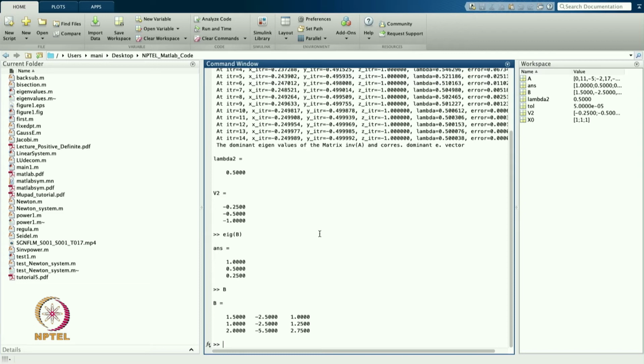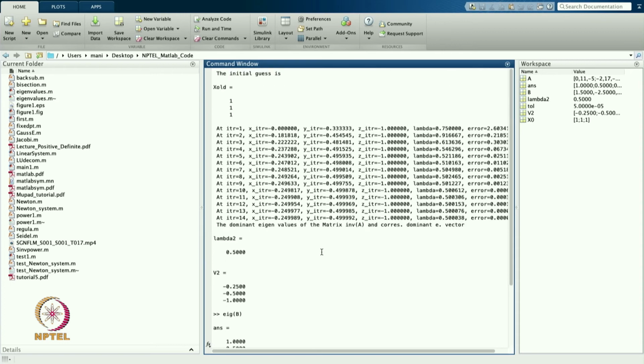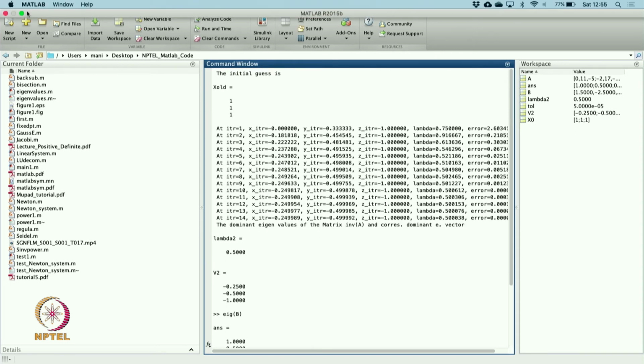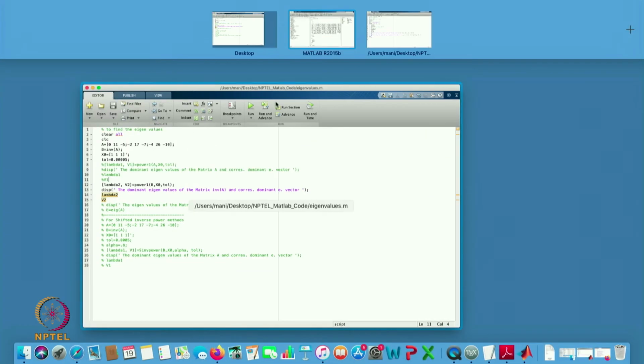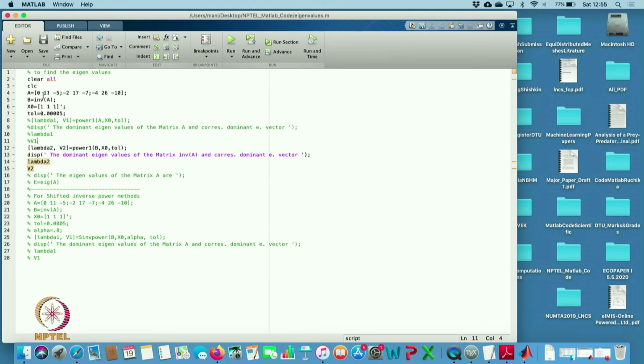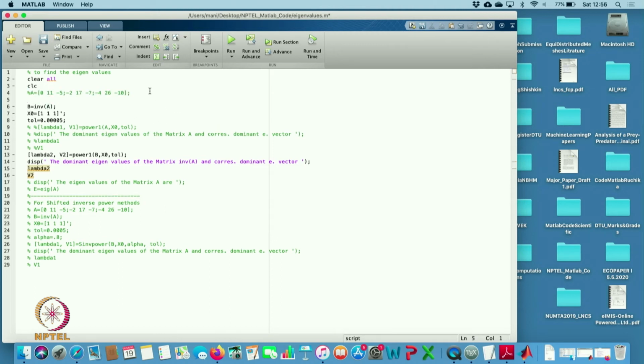Now I also want to do the same thing for another matrix. So, let us take another matrix now. I am taking the same matrix which I discussed as an example in the lecture.